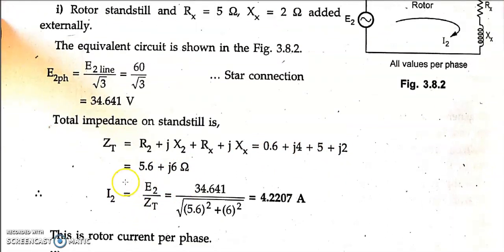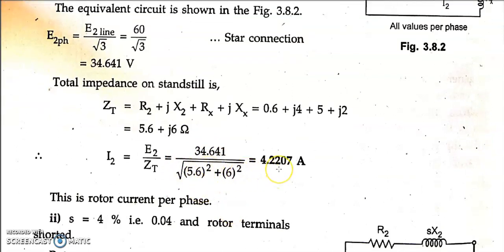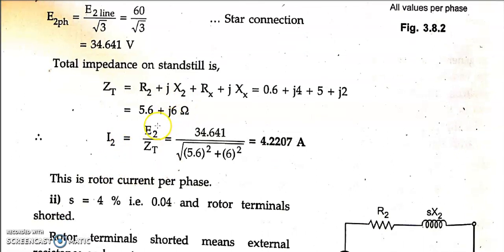Now like I said, we have the formula I2 equal to E2 by ZT, where ZT is the total impedance; otherwise you could have written it as R2 plus jX2, which would be so lengthy. So we just solve it and write it out. Since it has a real part as well as an imaginary part, we calculate the magnitude. Just take the mod of this: take the square root of the individual squares. This is how they have done it here, square root of 5.6 squared plus 6 squared, and I2 is 4.2207 during standstill and not running. If it was running, it would be written as I2R. Again this value would change depending upon slip and all.